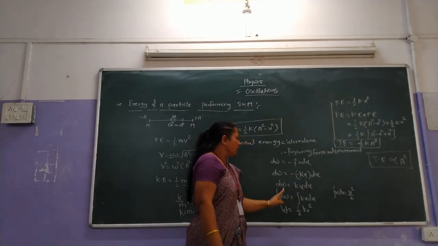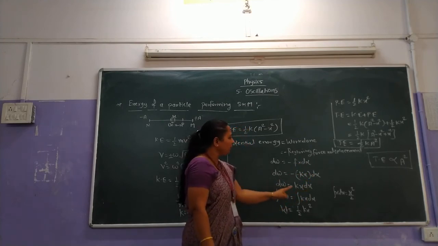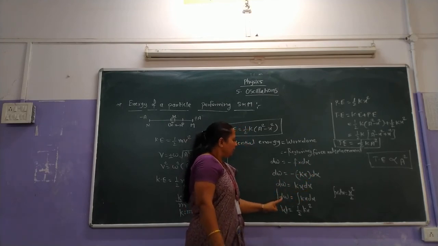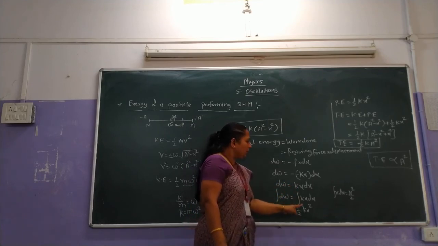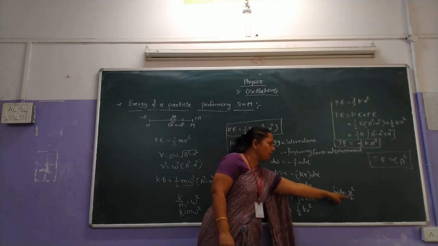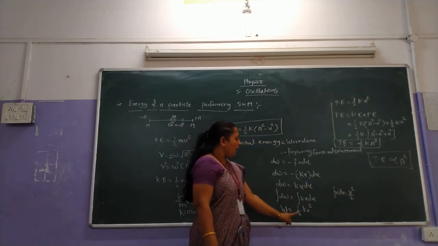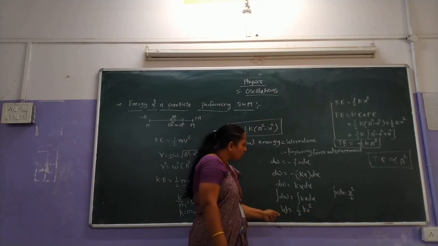So dw is equal to kx dx. Integrating on both sides, the integration of dw is equal to the integration of kx dx, and the integration of x dx is x square upon 2. Hence, w is equal to half kx square. But work is stored in the